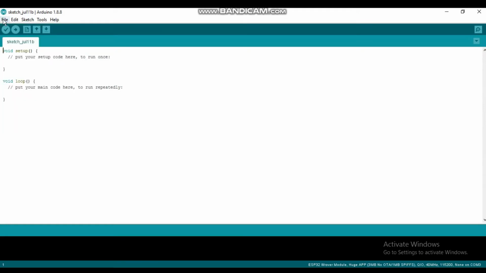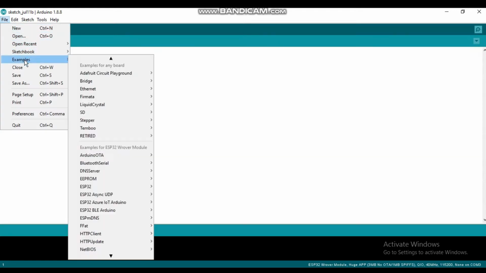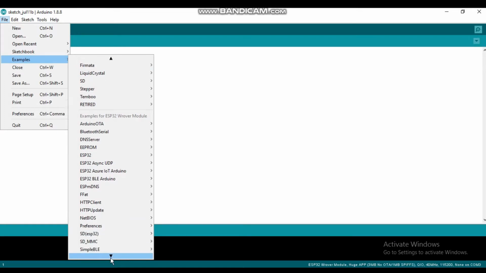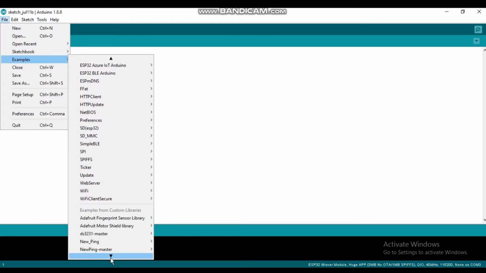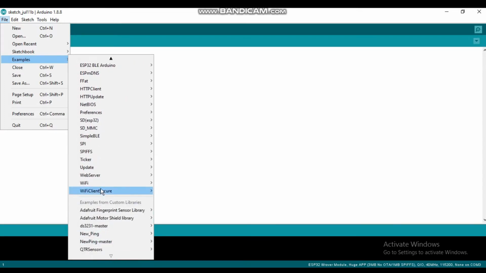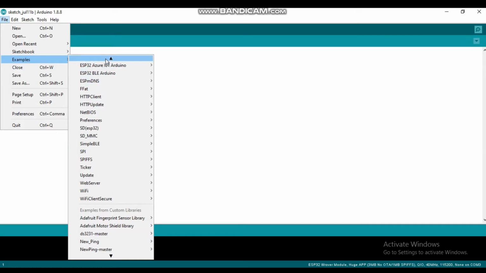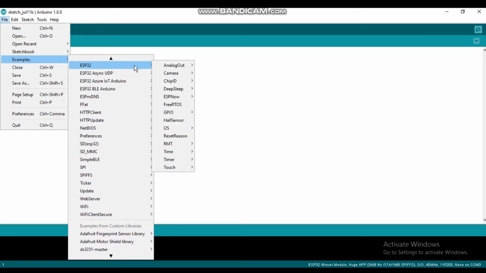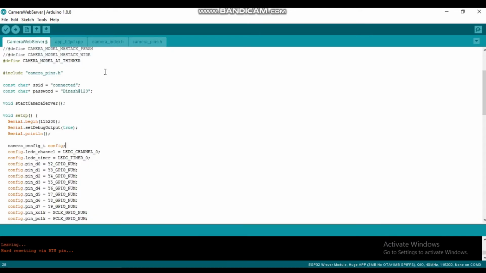Then select a program from the examples, then ESP32 cam, which we have already installed. Go to ESP32, then camera, then CameraWebServer.